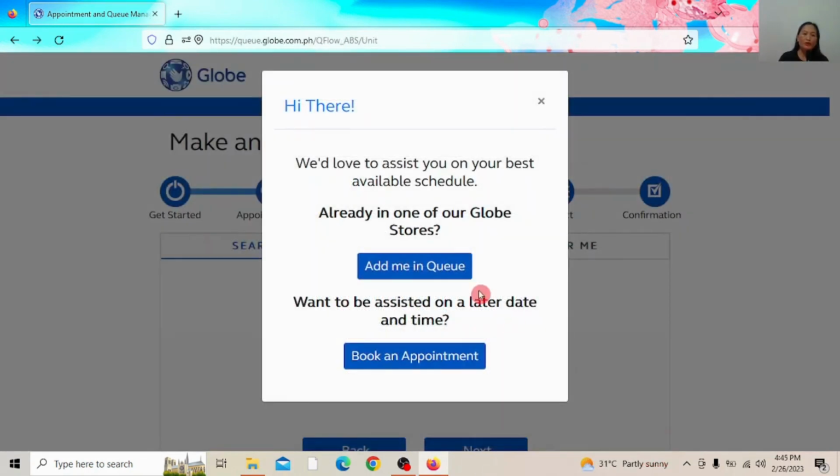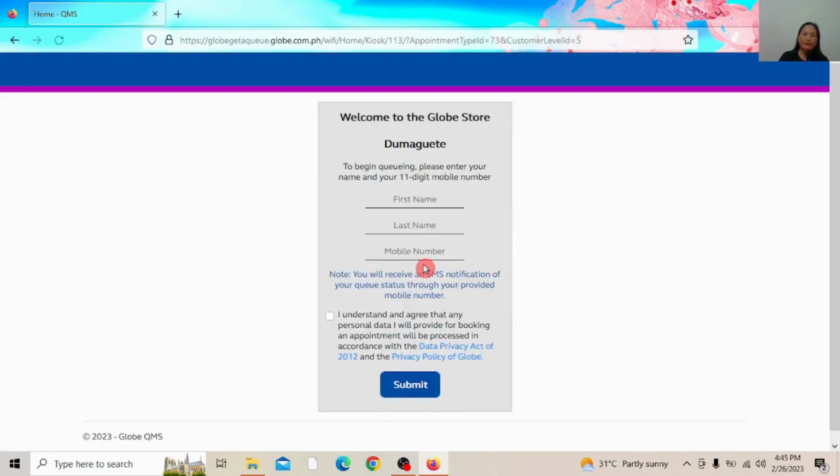Another option is add me in queue. So you will fill up your first name, last name, and your mobile number, and then check I understand and then